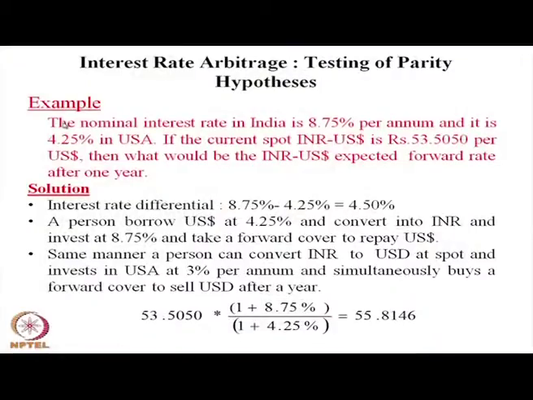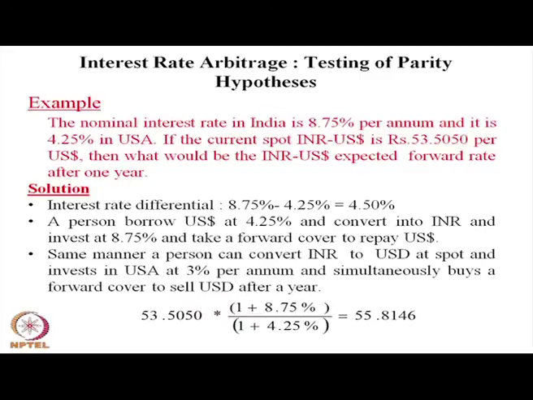The problem is here: the nominal interest rate in India is 8.75 per annum and it is 4.25 in USA. If the current spot INR US dollar is 53.5050 per dollar, then what would be the expected INR forward rate after 1 year? You have to work through the interest rate difference, covered and uncovered interest parity theory, you are going to use it. Now, first thing,